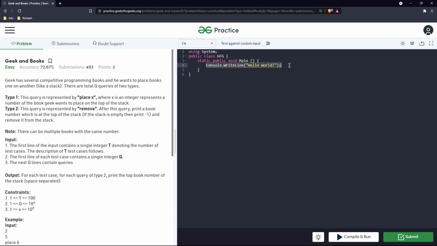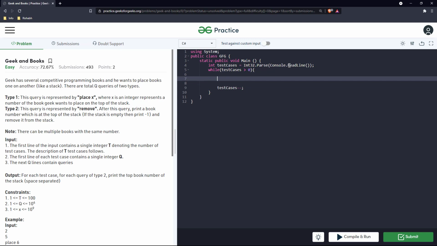Let's see. This is the usual. We need to iterate over all the test cases. First, the number of queries.